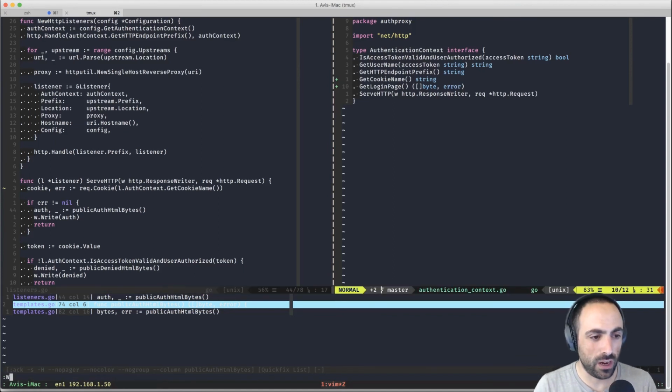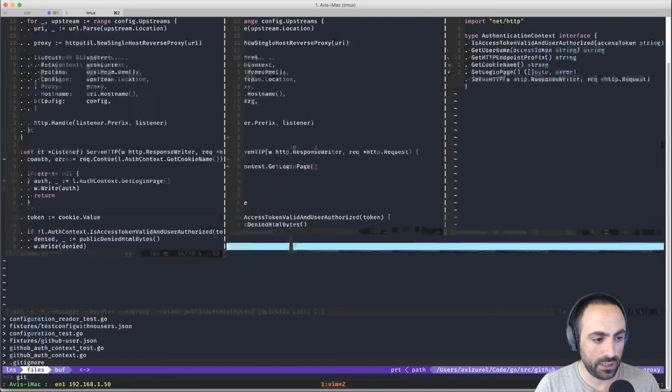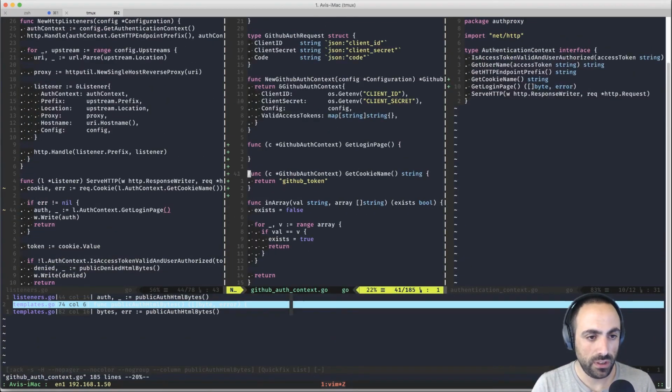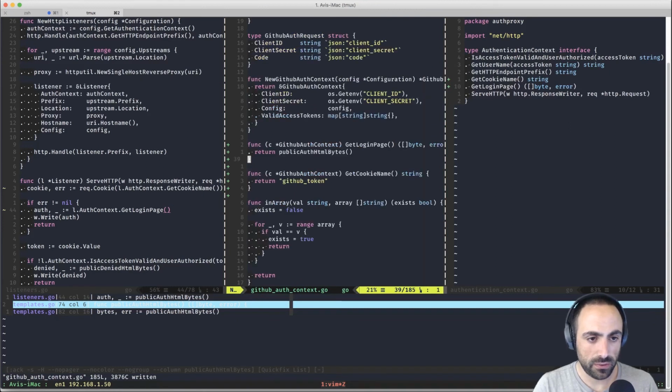They're actually dots, so great. So then here, instead of doing this, this is going to be l.auth context.get login page. Now in GitHub auth context, I am going to return this. And again, this is going to return bytes and error.